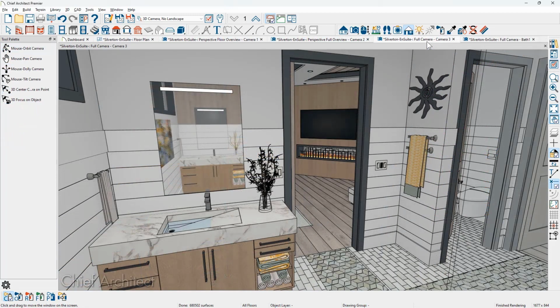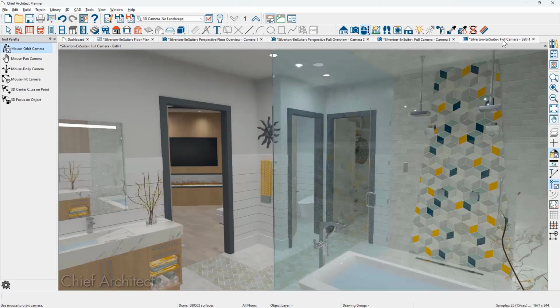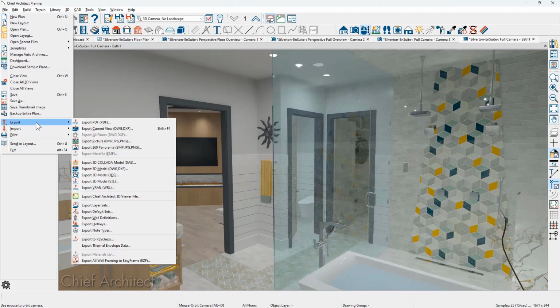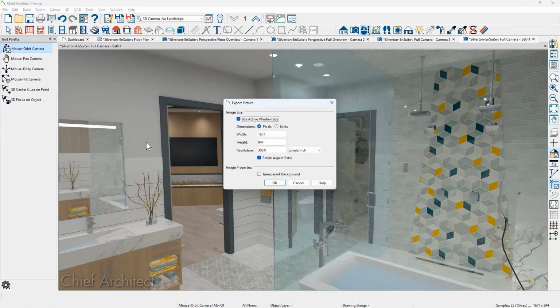Let's take a look at exporting your renders. I'm going to move back over into the completed rendering. When you're ready to export your rendering, there's a few different ways you can do it. Underneath the File menu and then down to Export, you can export this as a picture. Few options. I typically will export mine as a PNG file. When you go through the export process, you can then set the width, height, and resolution. If you're going to be putting this on a website, you might change the resolution to 72 and then the